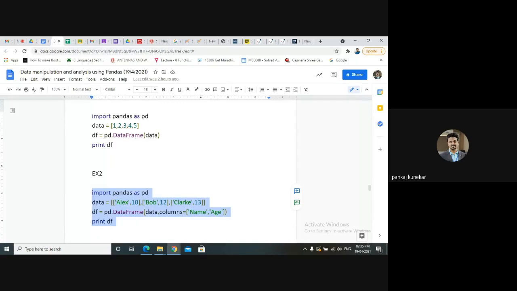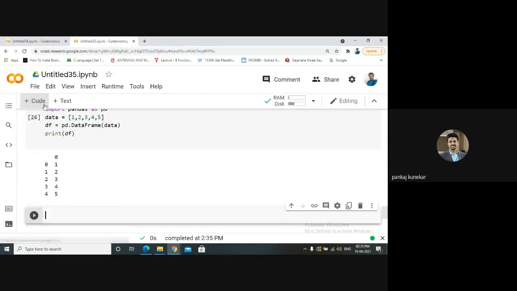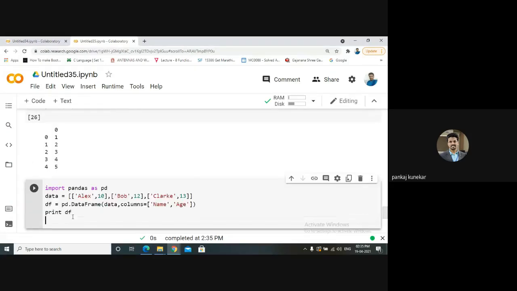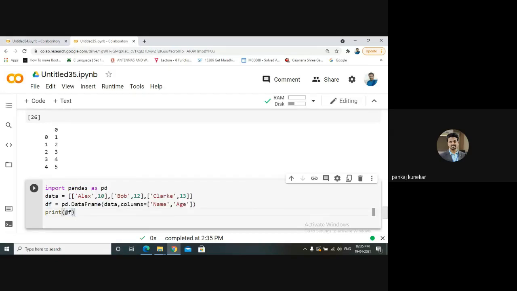Suppose I am creating data consisting of a name and age. We are importing the pandas library, and we are creating data using a nested list: Alex, 10; Bob, 12; Clark, 13. We pass that data to our DataFrame constructor: data, comma, columns.